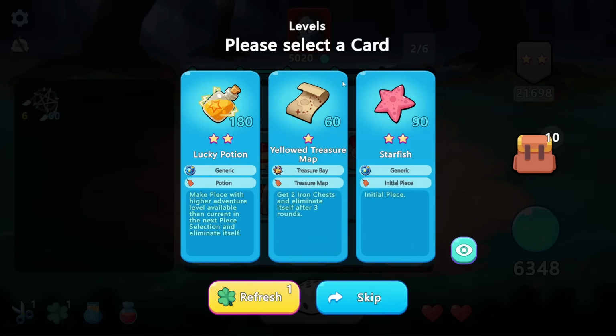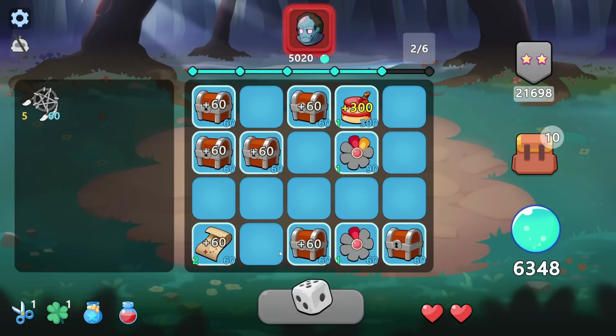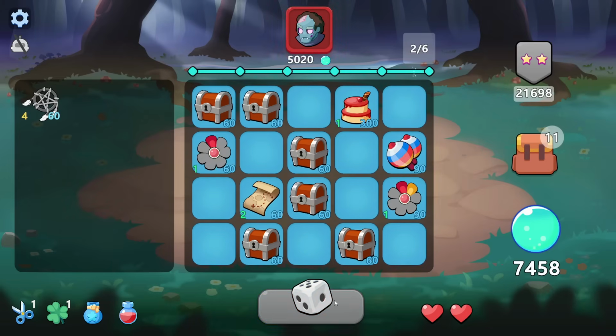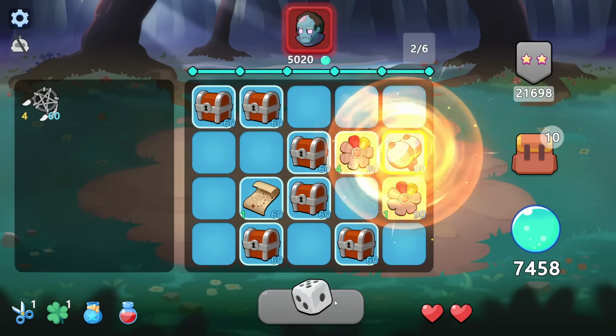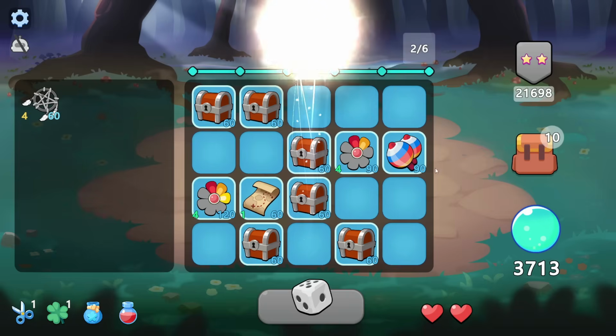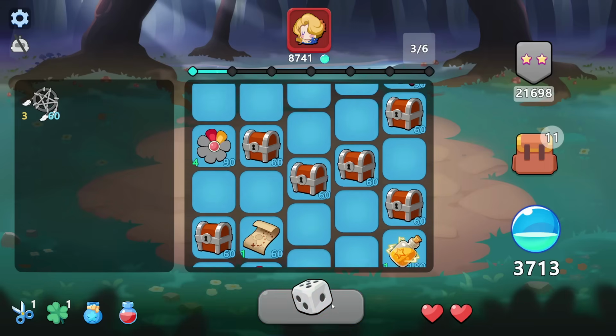there's more rounds that we're doing right now, so there's going to be more stuff added to the grid. We're going to fill it up further. But the whole point of this build is to increase the final output of nearby cakes, fruit drops, and rainbow flowers. I think that's very good. We're messing around with these cakes, right? And the candies. So if we utilize the candies effectively, we could add a lot more to the board. And then that's going to give us...